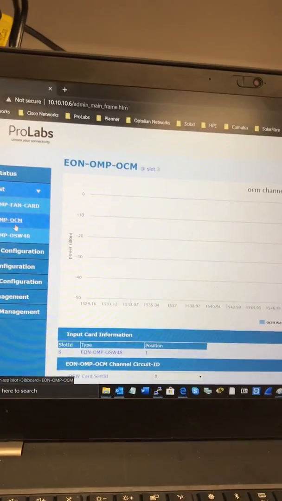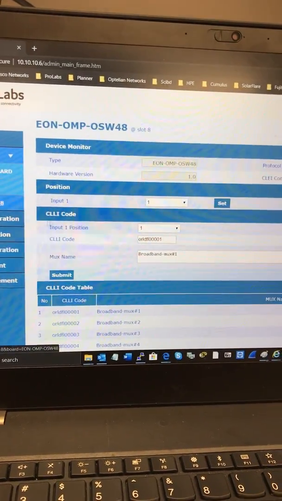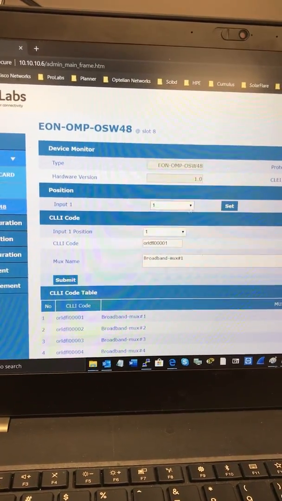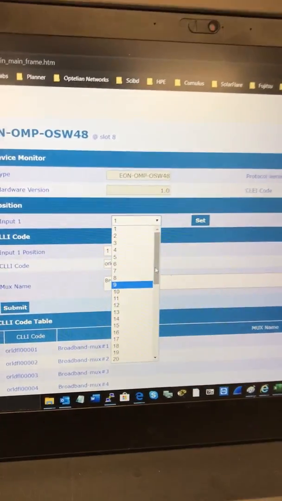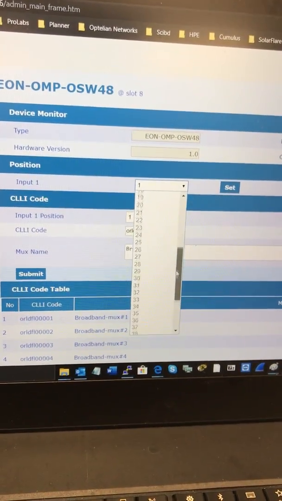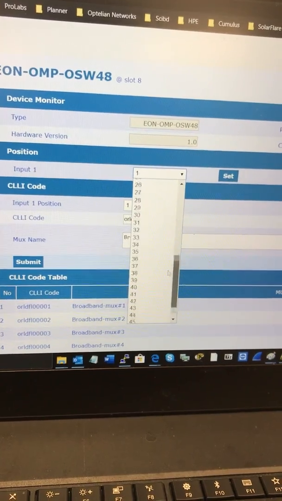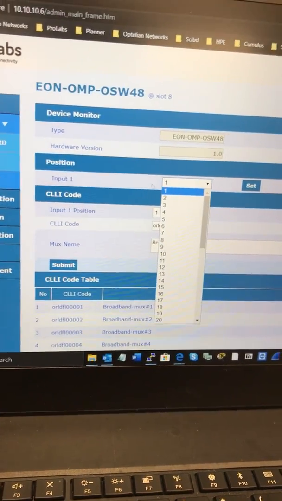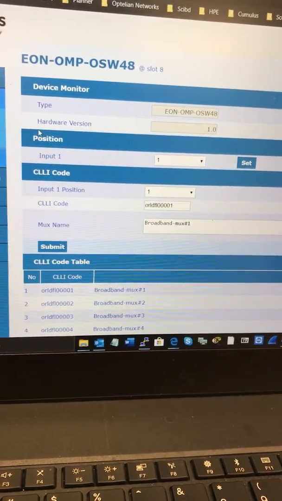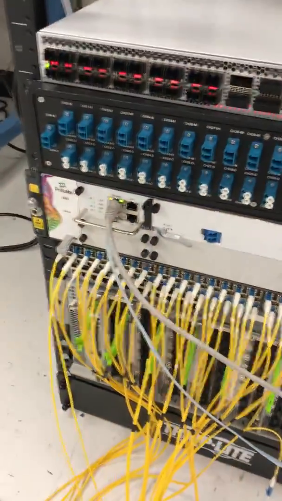So what we can do is here, and this is the OSW48 port. Here's where we can input any position we like from 1 to 48 port. So now that I have explained this brief explanation, I'm gonna go back to our MUX, and for MUX I have here a